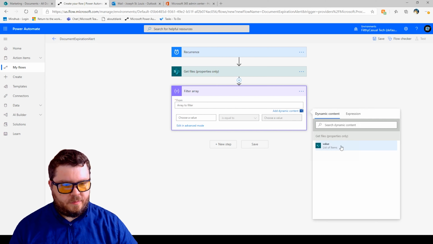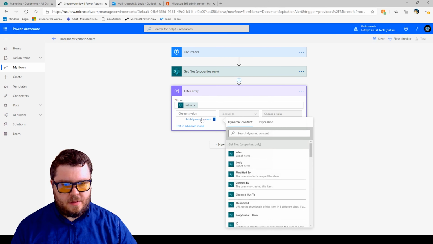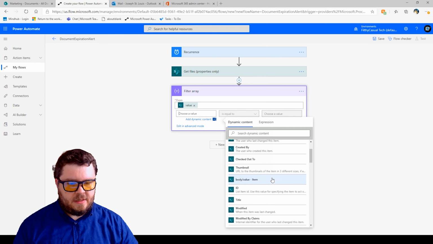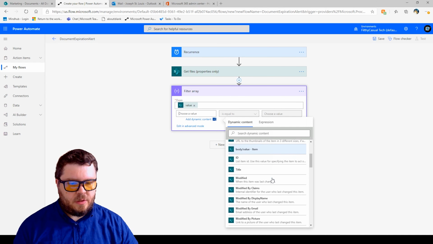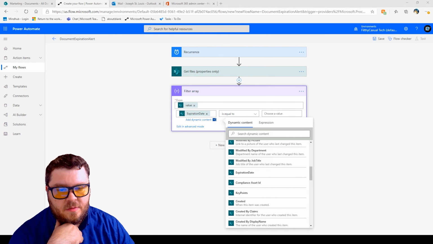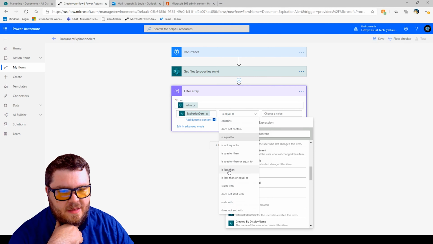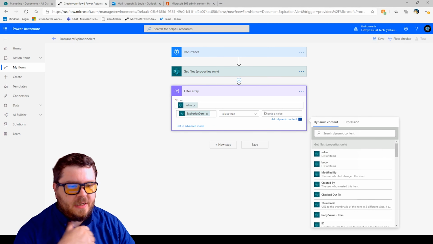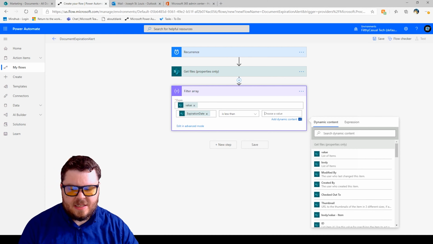Array filter will filter out the value, and we will choose our expiration dates column that's being gathered from the get file properties, and then we're going to set it to less than, so is less than, and then from here we actually need to use a custom expression using the UTC now